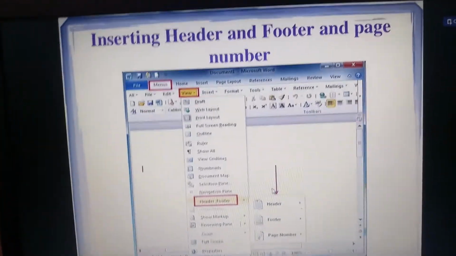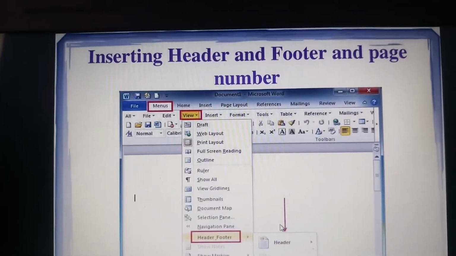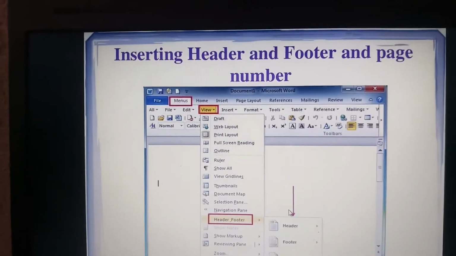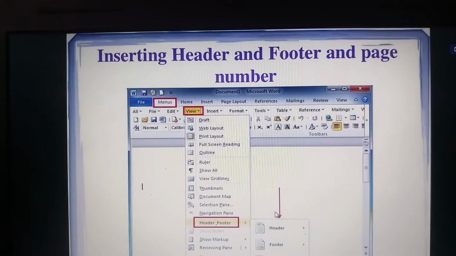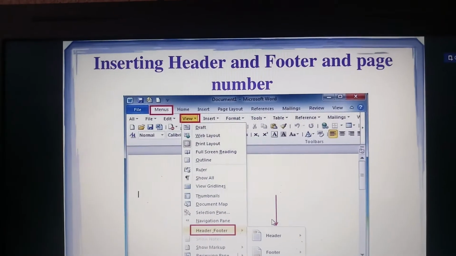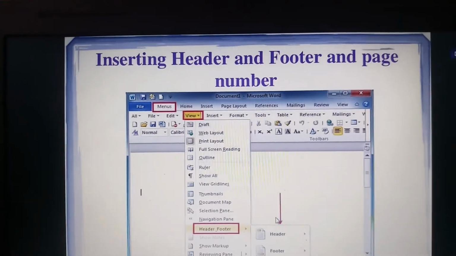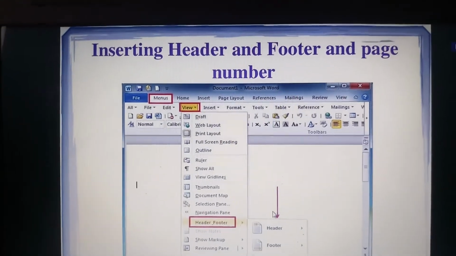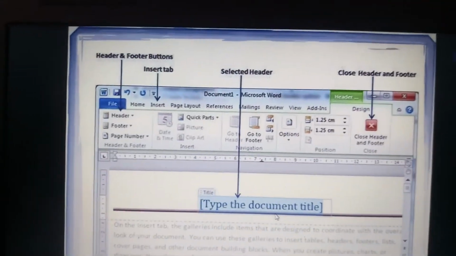Inserting a header and footer is also possible. While preparing any project or any document, the header and footer as well as the page number are important. Go to the insert menu, and you can see the option for header and footer. While clicking the header, you can give the headings for each topic, so the main topic can be given. If you need to give something below the page, that is the footer, and that is also possible. You can use either or both, and you can give page numbers for the pages too.